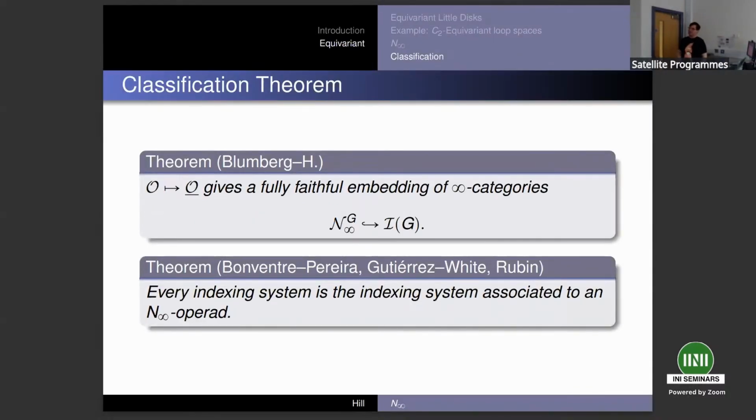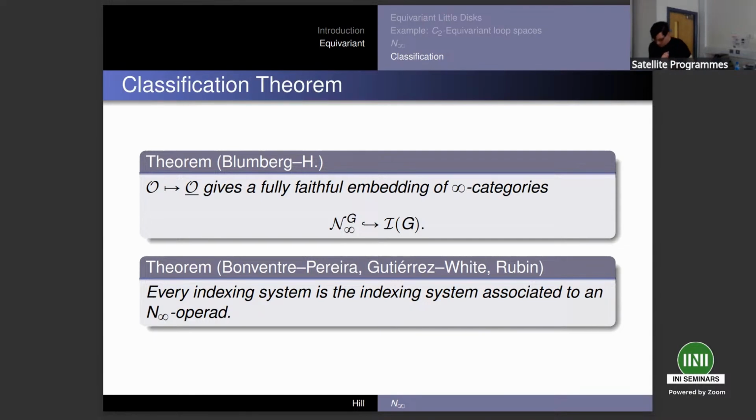Well, here's the punchline, that if I take the left-hand side, the infinity category spanned by the n-infinity operads and operad maps, then the assignment that took my n-infinity operad O to its diagram of admissible sets, that actually gave me a fully faithful embedding. So that any map of the derived mapping spaces between two n-infinity operads is either empty or a point, and it being either empty or a point is perfectly reflected in the corresponding combinatorics.